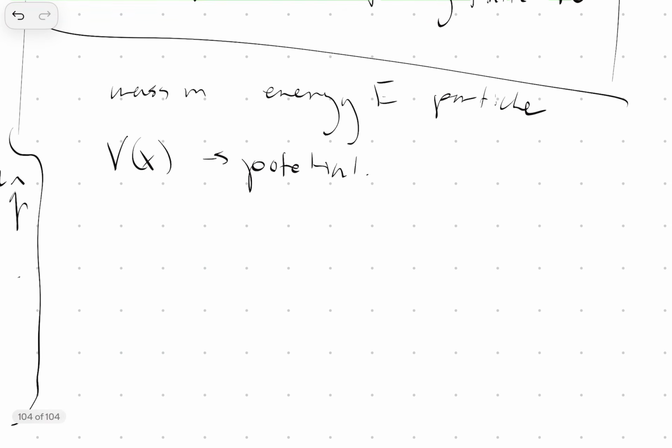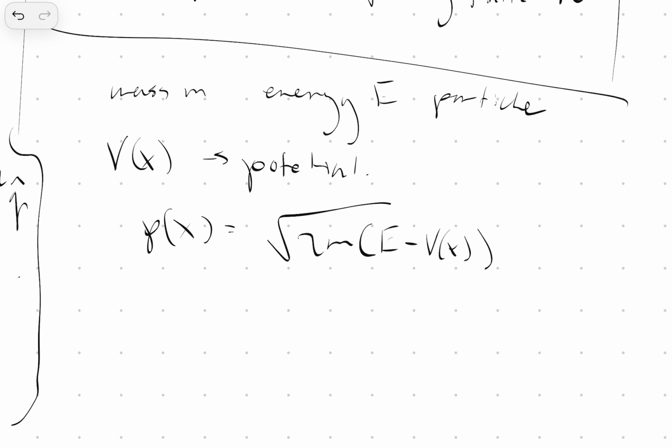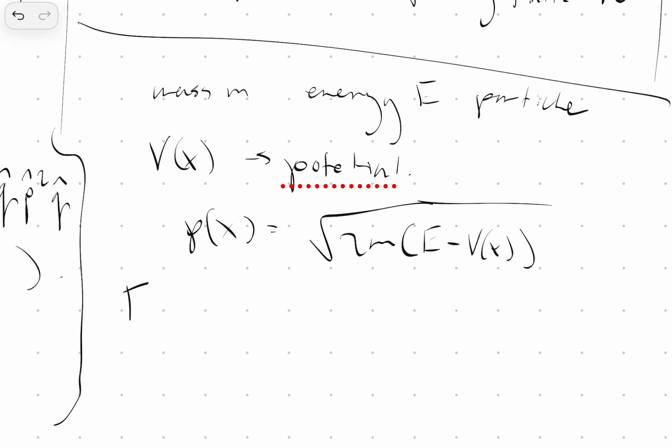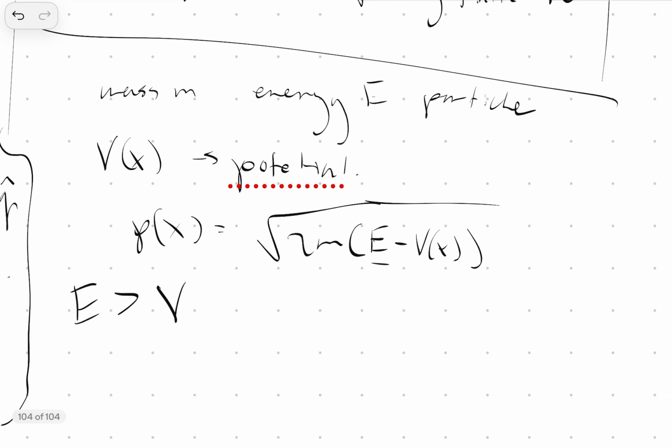The classical momentum will then be p is the square root of 2m (E minus V of x). Okay? And in the classically allowed region, let's say where we're restricted to have positive energies,